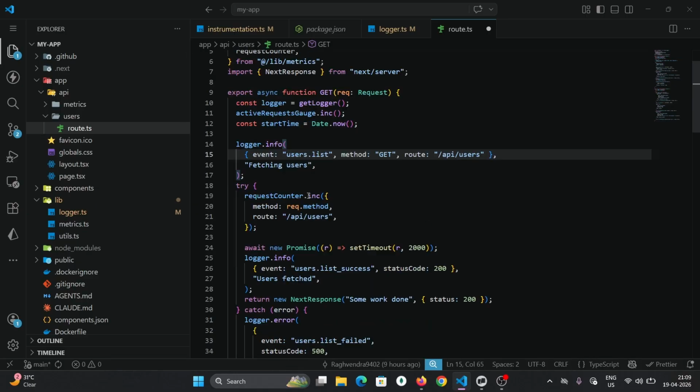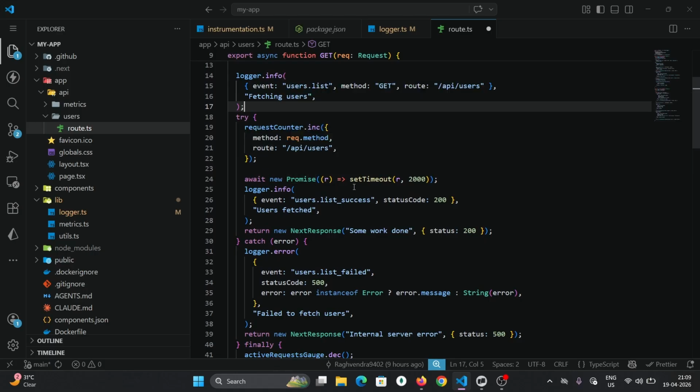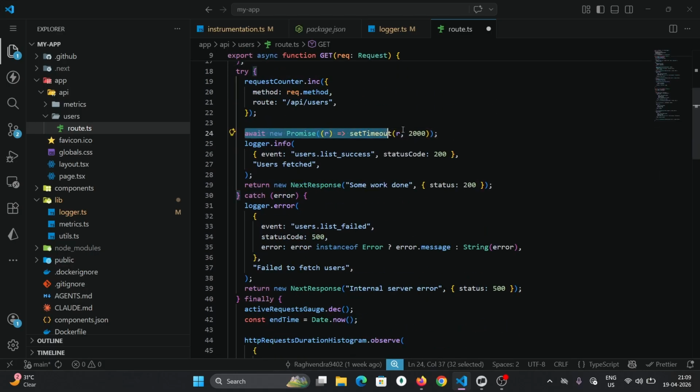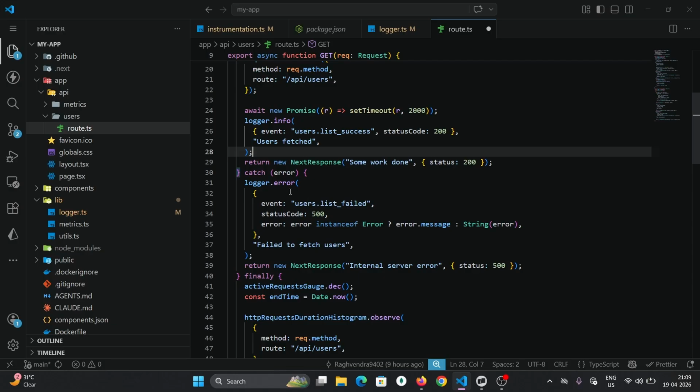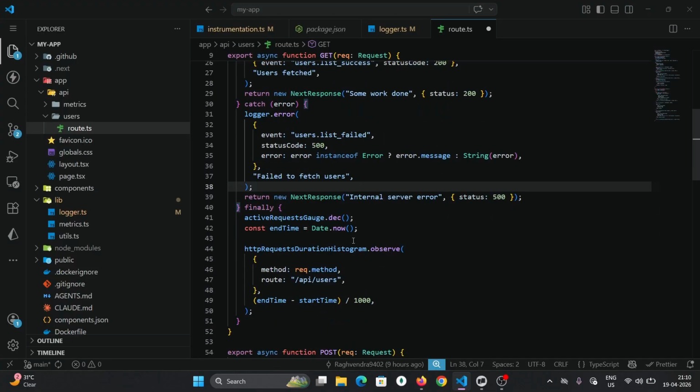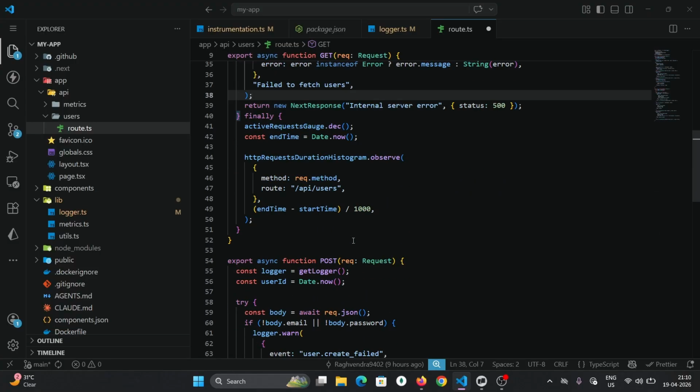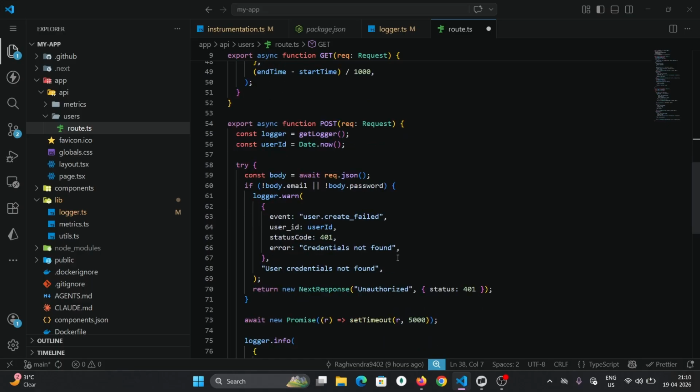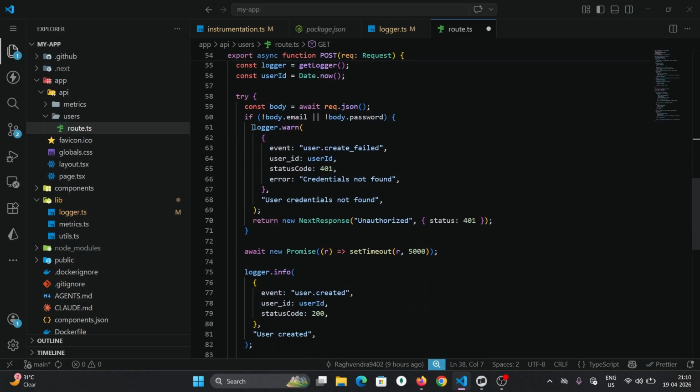There's the log message, and when our heavy load function fetches the user, we are creating a log "user's fetched". If an error comes, an error log will be created, and we have also created a POST to check the logger. If there is no body.email, we are